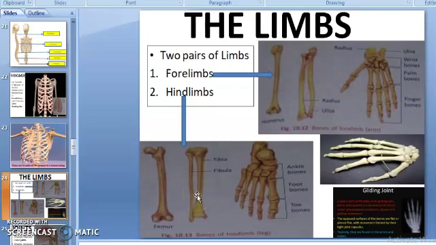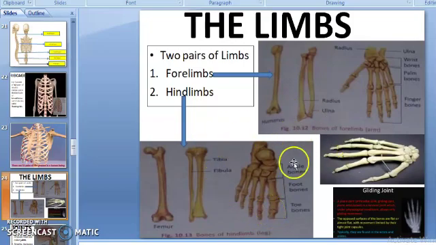Now see hind limbs. Hind limbs also contain 30 bones each. They are the femur. This one is the femur. Then the other 2 bones are tibia and fibula. Femur is your thigh bone in the lower limb. Now these bones are connected to 7 ankle bones over here, 5 foot bones, and then 14 toe bones.